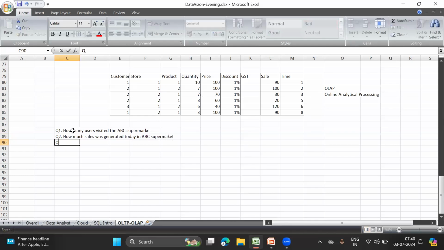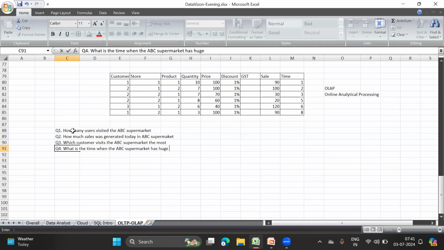And then I can also ask different questions. Which customer visits the ABC supermarket the most? What is the time when the ABC supermarket has a huge rush?